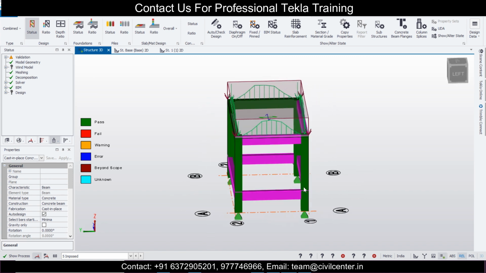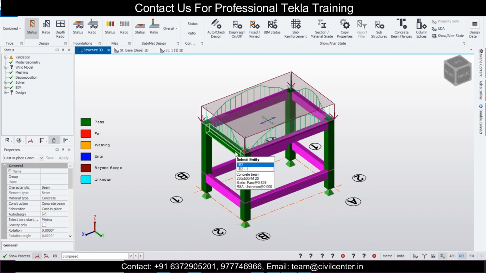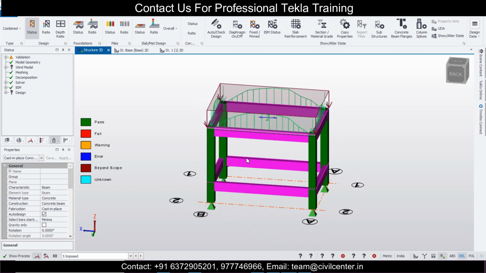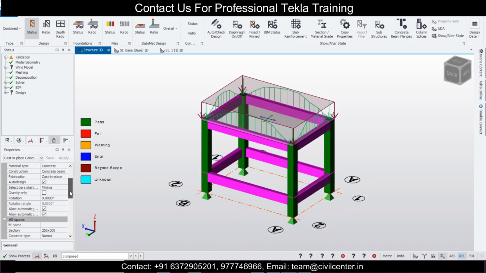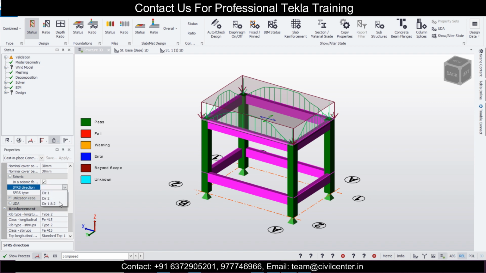While selecting, you can press Ctrl, and for rotating you can use the mouse right click option, and for selecting Ctrl and the left click option. So the beams have been selected. Here also we'll go to in seismic zone and make this ordinary moment frame, in direction 1 and 2, both directions 1 and 2 ordinary moment frame.